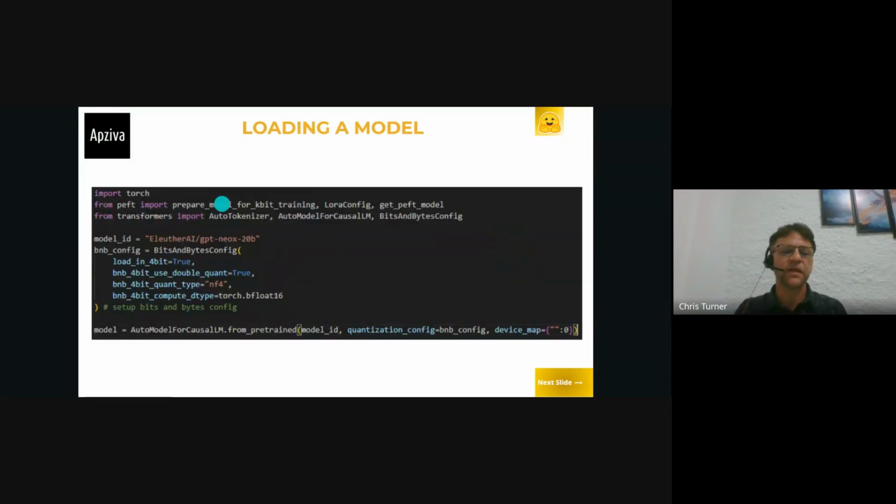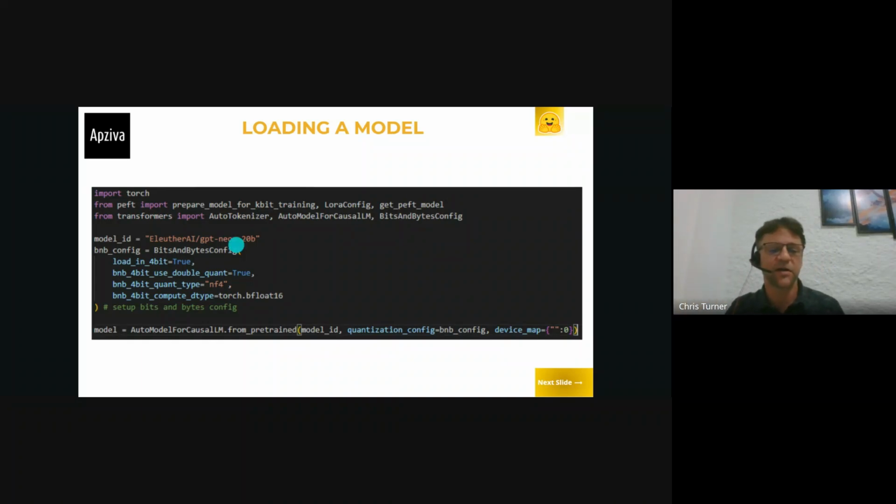And so now I thought we would jump into a little bit of the code and see how we could use this in practice. This is a basic version of what you would do if you want to use PEFT on your machine. Here we're importing the torch package, and here we're importing PEFT for parameter efficient fine tuning. And here is the transformers library from Hugging Face, and we're going to use the BitsAndBytesConfig to get this model from Hugging Face onto our machine.